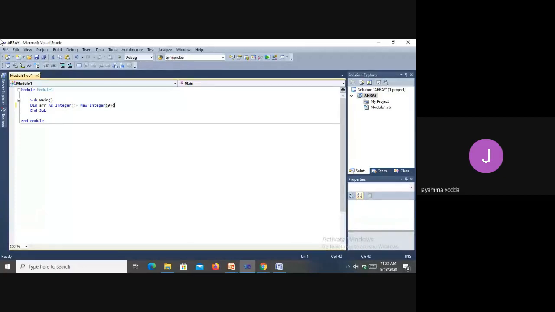And opening and closing braces specify that the numbers can be given at the runtime. The opening and closing parentheses specify the values that have to be stored within the array. Explicitly, if you want to give the values here, you can give them between these brackets. Or if you do not want to give any values, you need not give them also. It will take it anyway.